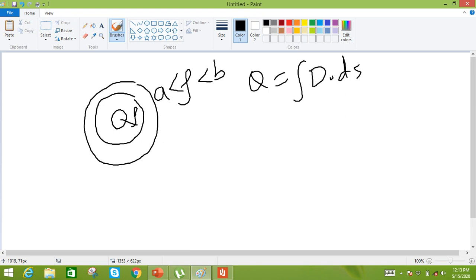We also know that the charge is symmetrically distributed over the outer surface of the inner conductor. This is actually the inner conductor, so the charge is symmetrically distributed over the outer surface of this inner conductor. So when we select the Gaussian surface, it will include some charge, and the Gaussian surface has radius rho such that rho is greater than A and less than B. So according to Gauss's law, Q is equal to D dot dS.